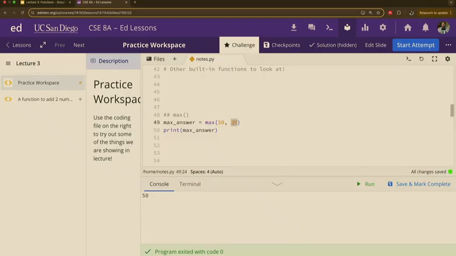Give me a different number. Higher than 50. 80? Good number. Let's try that out. Now when we run it, boom, 80. 120. Okay? So that's how max works. Right now what I just did, I highlighted these things and I did command slash, and that'll just comment things out. You should have learned about comments in the lab from Monday. Right? Okay, good. Thank you, Audrey.